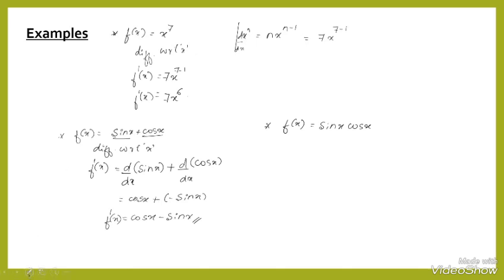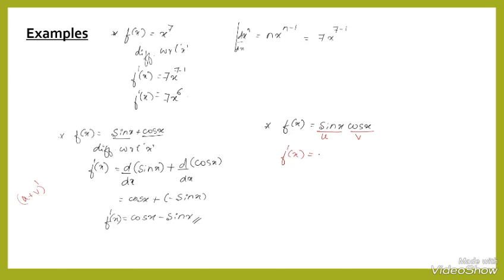That's why I use the (u plus v) whole dash formula. Or here I can use, here there are two functions. I will take this function as u and this function as v. Okay. Now, first function and second function, differentiation of f of x will be